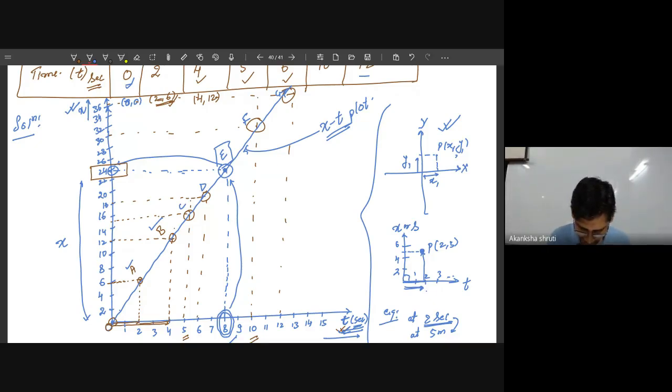It was that way. So this way we are observing that the body is in motion, then the xt graph is making some angle with the time axis, means it is slanted or inclined at a certain angle to this time axis. Okay, student, so this is what we have to understand.